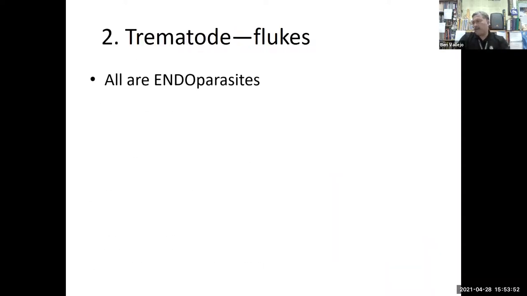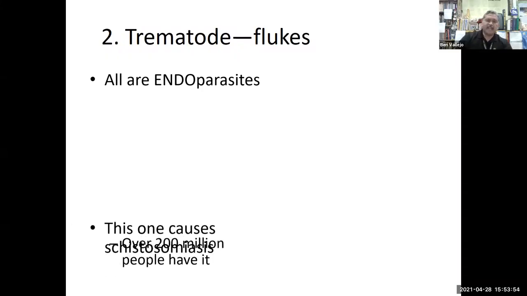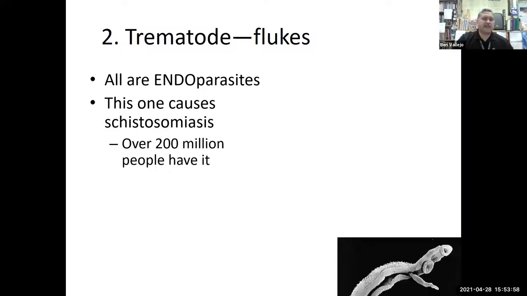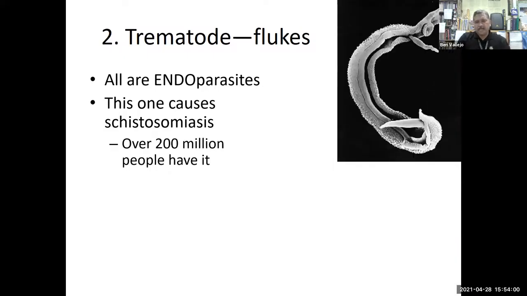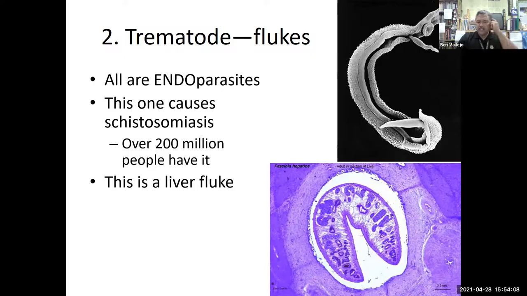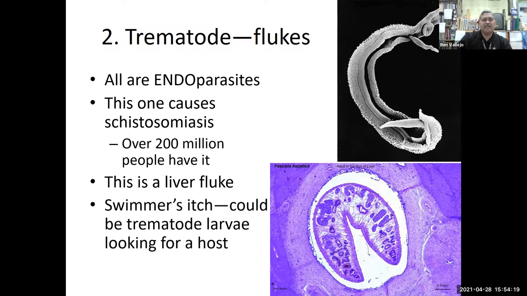Flukes are endoparasitic. That means they're parasites on the inside. And these are very dangerous. Here's schistosomiasis. Those numbers always amaze me. 200 million people in the world have schistosomiasis. Here's another one. Here's a liver fluke. This is a side view of it. I've seen liver flukes about this big. And these are a great problem in